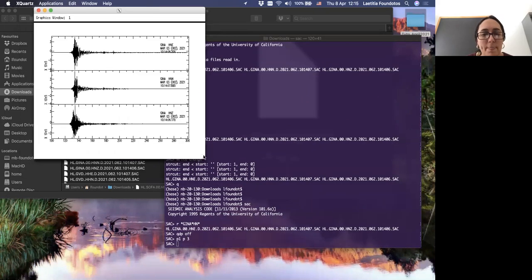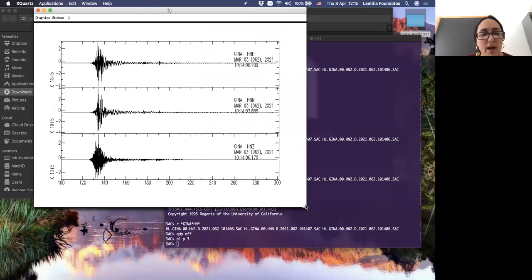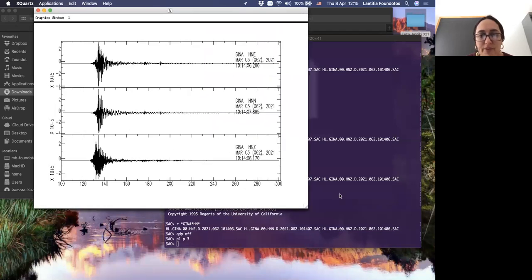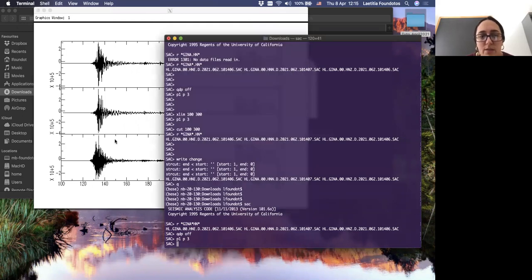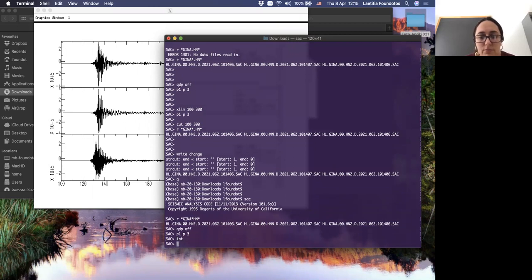Okay, beautiful. So here we are in acceleration. But sometimes we want to analyze the seismogram in terms of velocity or displacement. So to go from acceleration to velocity, we can integrate this signal. So to integrate, just type int.